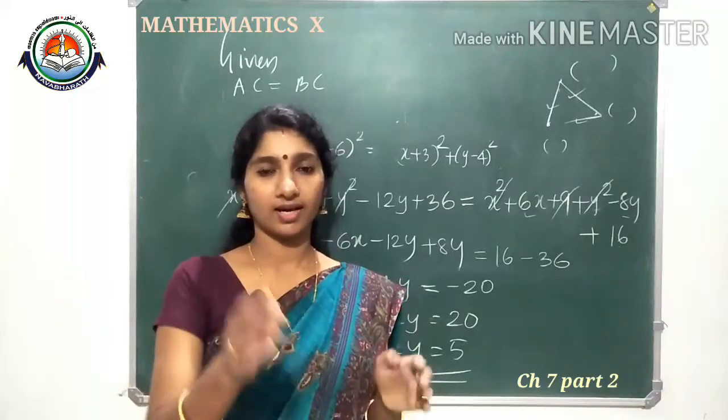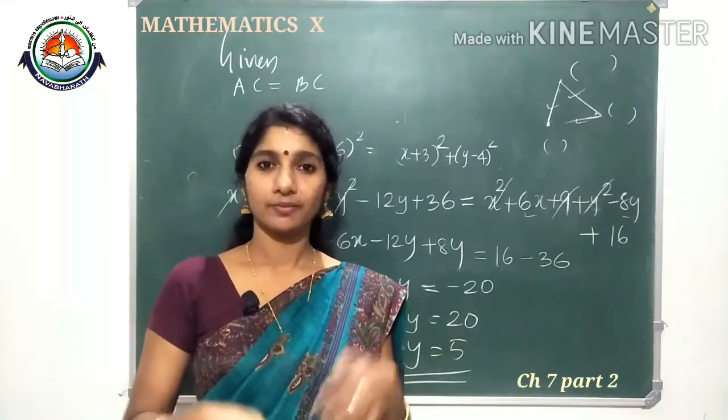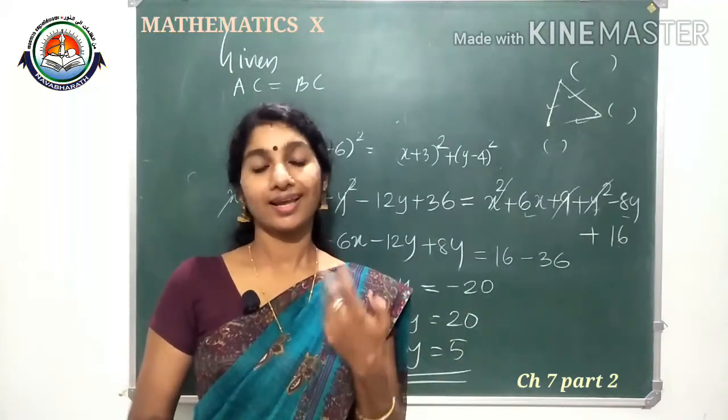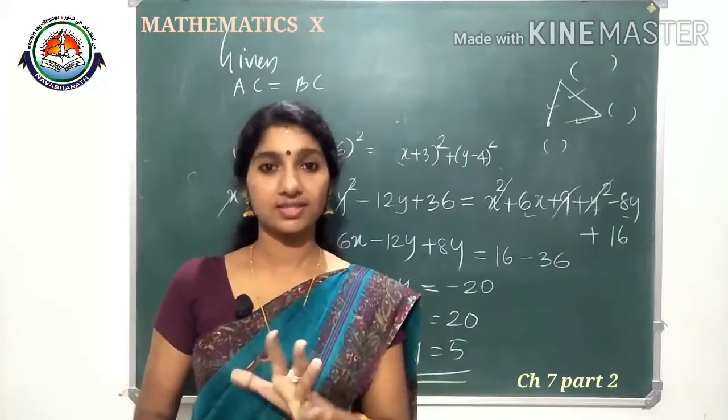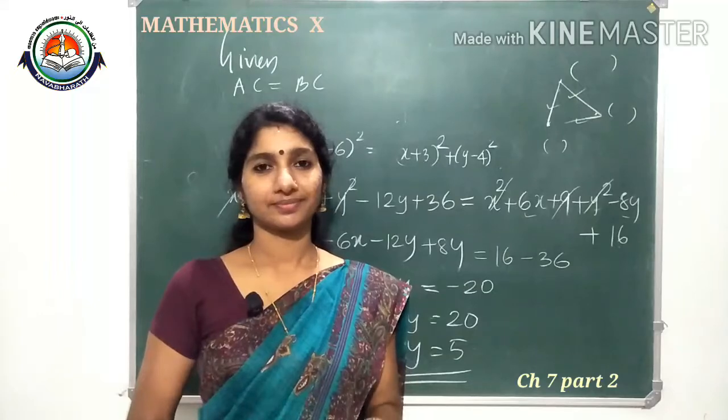Okay, same way it will ask, 4 vertices will be given, prove that it's a square or a rhombus. Means all sides are equal, then you can say it's a rhombus. Isn't it? So like that questions will be asked from this idea. Clear? So that much only for today.